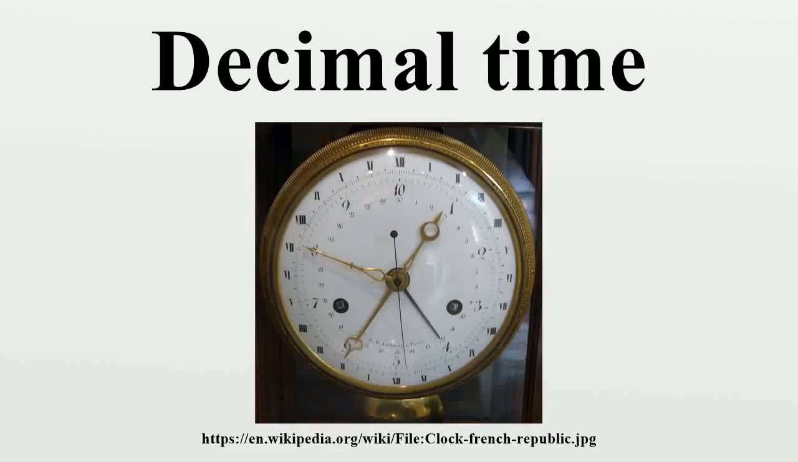Decimal time is the representation of the time of day using units which are decimally related. This term is often used specifically to refer to French Revolutionary time, which divided the day into 10 decimal hours, each decimal hour into 100 decimal minutes and each decimal minute into 100 decimal seconds, as opposed to the more familiar Standard Time, which divides the day into 24 hours, each hour into 60 minutes and each minute into 60